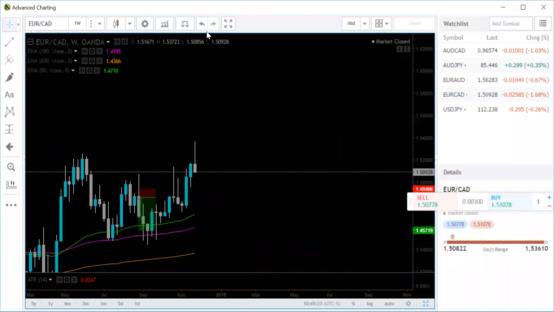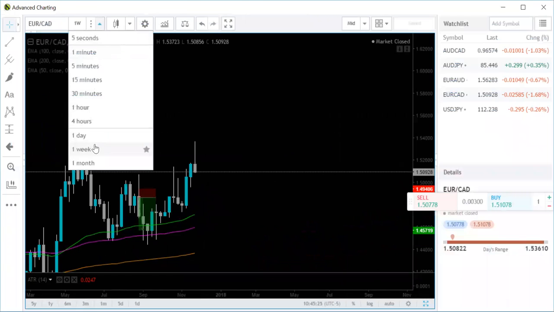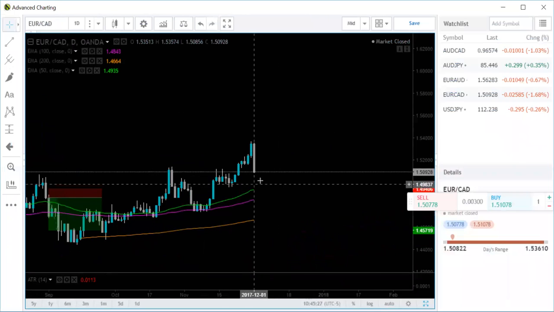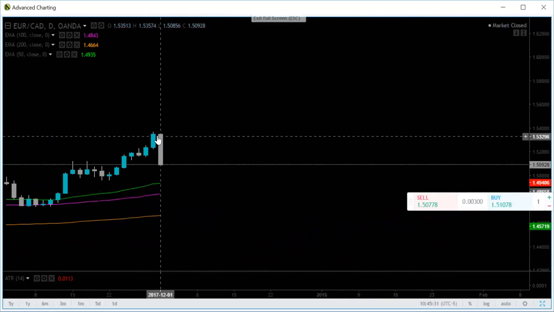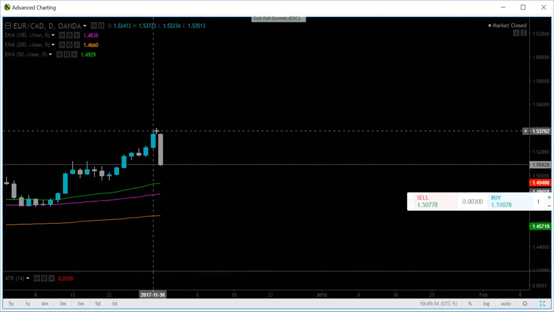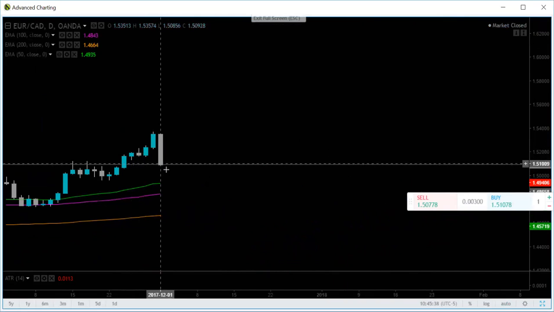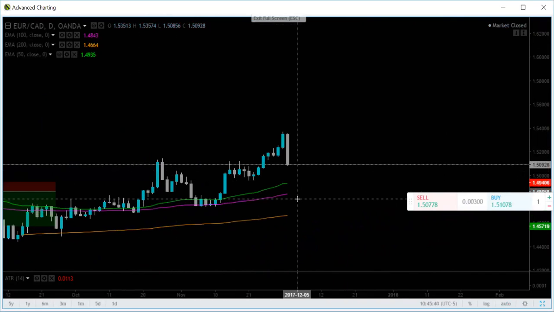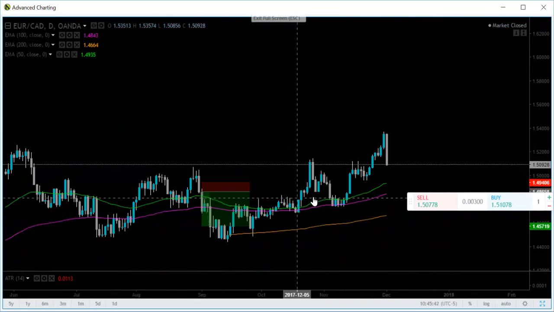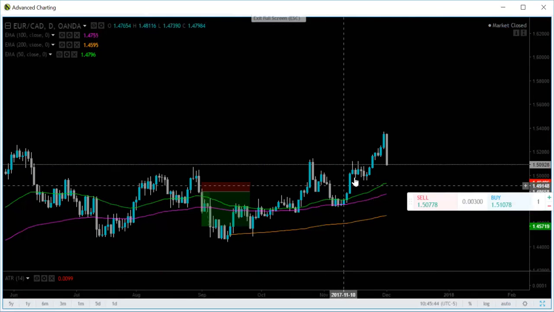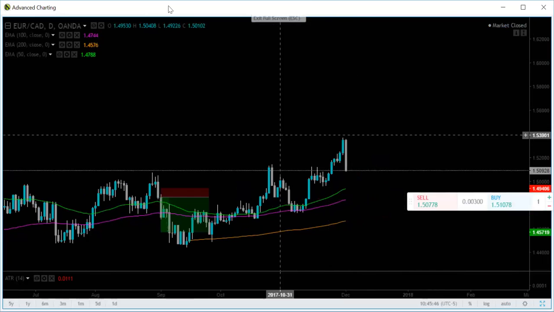But even if you drill down on the daily, on this particular candle, there's a very strong bearish engulfing candle right here. Basically, it wiped out the entire movement for the week in one day. So we could see a continuation of that bearish momentum, even though right now it is appearing to be in an upward channel. So we're going to watch that this week for some more movement.